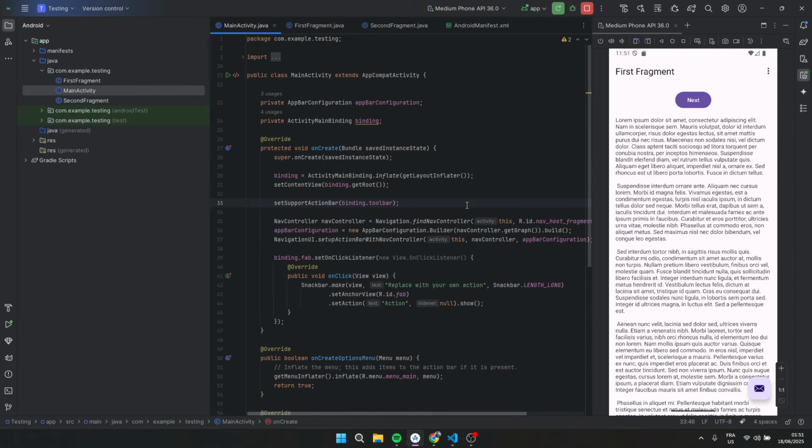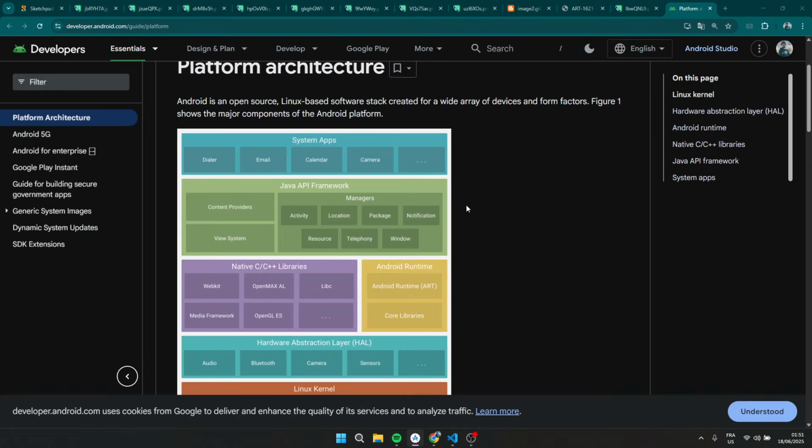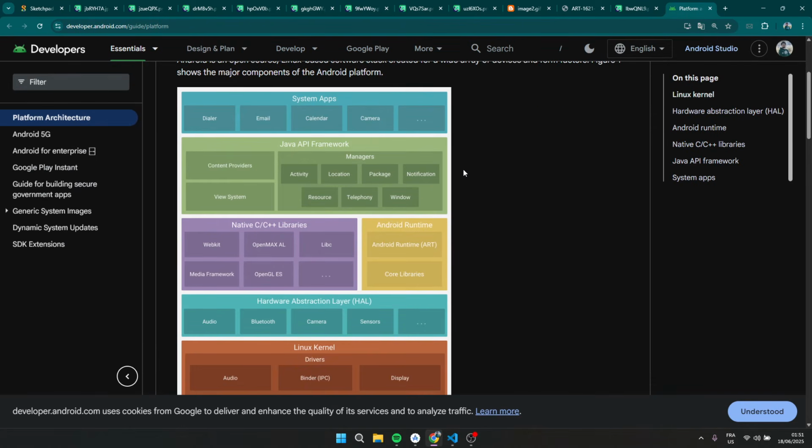The system is going to be searching for the main activity, obviously, to execute it as the first one too. Anyway, so this is what an activity is about. So we also have another component, which is a service. A service component, guys, is a type of component that runs in the background and performs some operations or tasks that do not require user interaction, and that means they do not require UI.